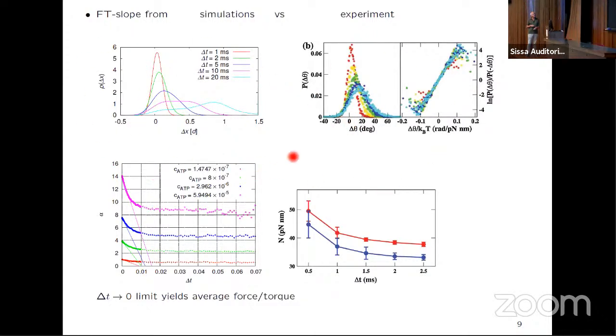So this is experimental, this is our theory, and you can calculate the slope as a function of time, and you find precisely what has been seen in the experiment. So my point in this introduction is that first, there are exact theorems like the fluctuation theorem, which are identities. If you look at these identities in a certain system, they are either obeyed or they are violated. If they are violated, you basically know that you have not covered the relevant degrees of freedom. If you want to cover them, you can come up with specific models as we did in this case. But this will require a model.